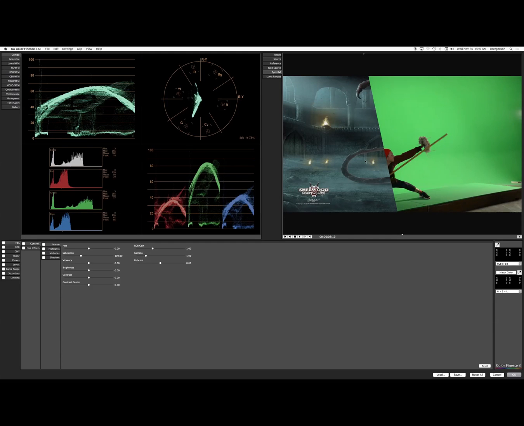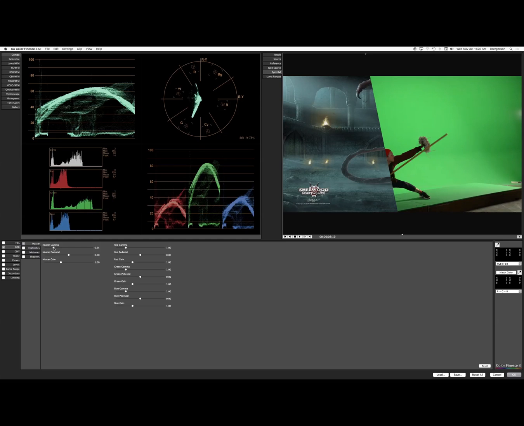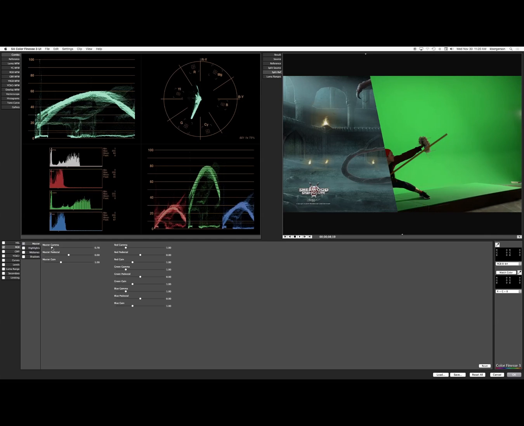So if we look at our world, we'll see that it's blue and green, and it's actually more yellow than you would expect. So that's what we're going to kind of start messing with. First thing we'll do is we will mess with our RGB settings, and we're going to take the master gamma and we're going to pull it down to about there. We're going to take our red gamma,